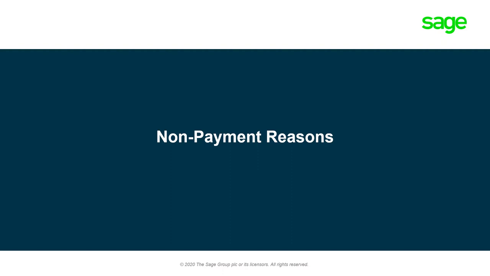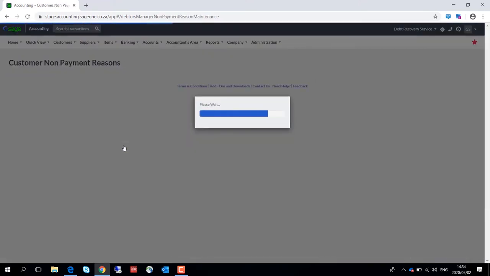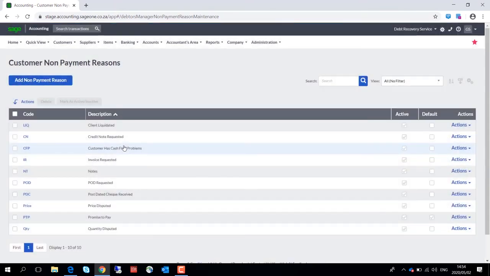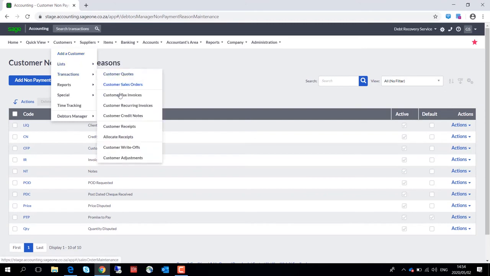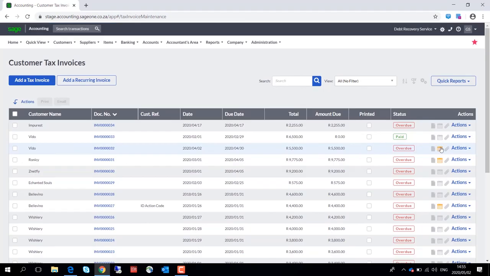Debtors Manager has a list of non-payment reasons already pre-set up for immediate use. Alternatively, you could simply go in and customize your very own non-payment definitions. To use the non-payment reasons and action codes that I've just shown you, let's load up customers, transactions, and customer tax invoices. Click over here,